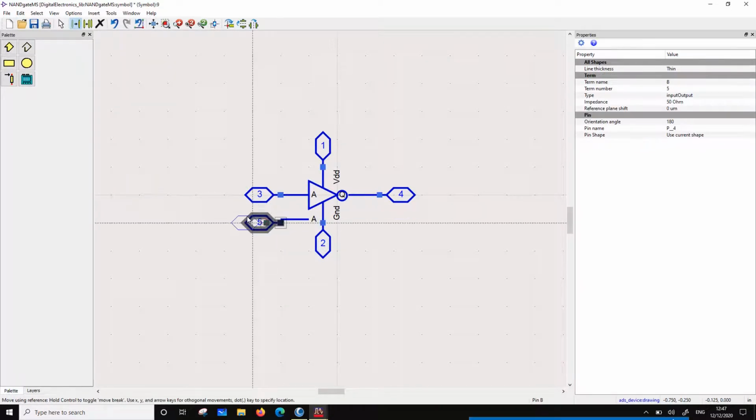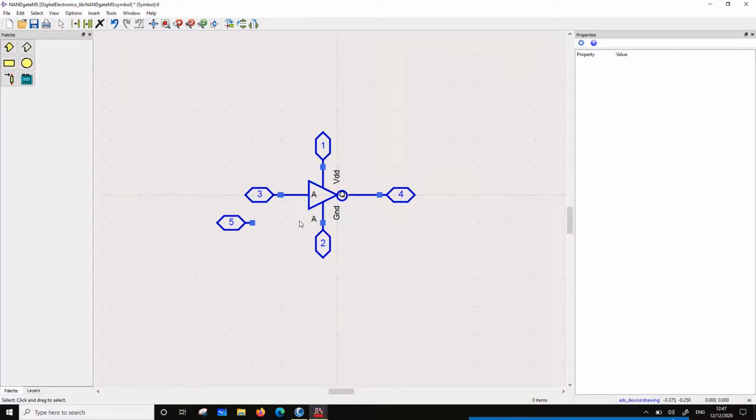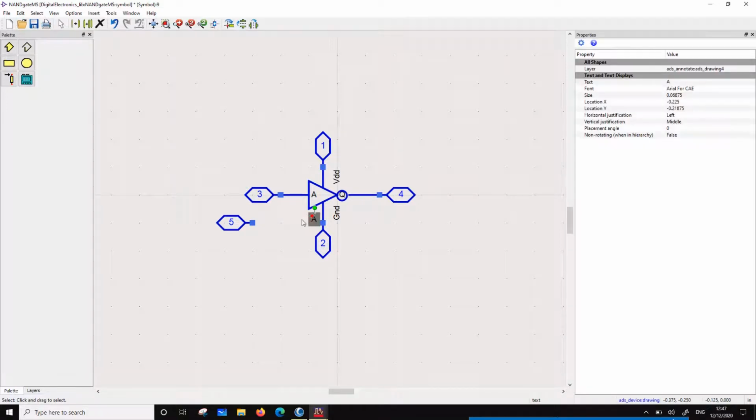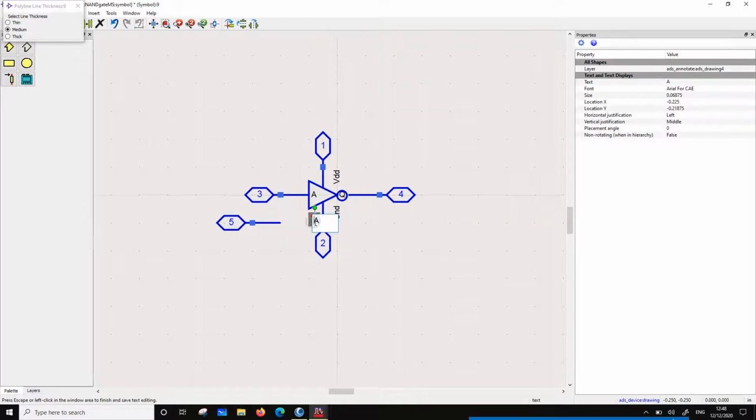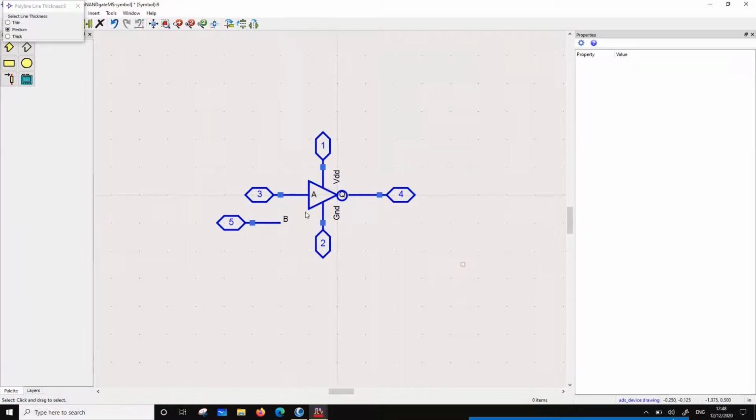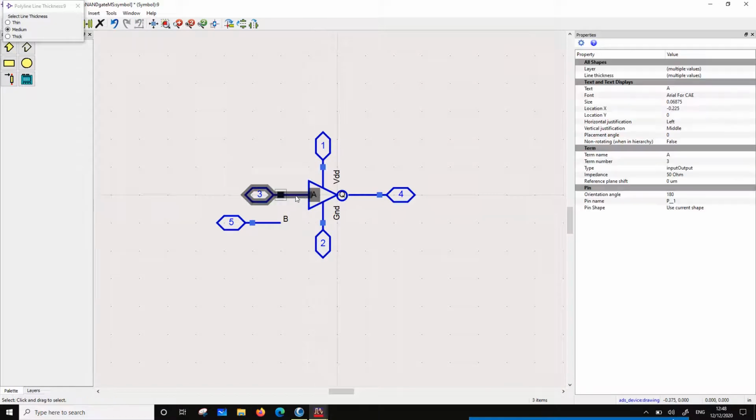Somehow this is going to be off grid, so okay, let's not copy this. It's not a good idea, right? Let's make a line of the same size. That's okay. So that's going to be B. Let's name this as B. Okay, so that's B. So all I'm going to do is move this slightly,